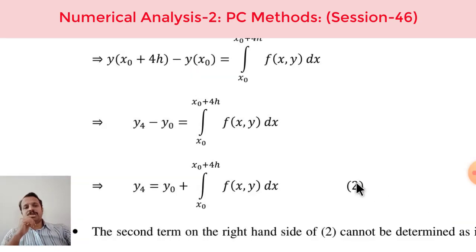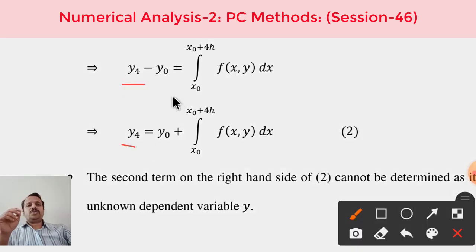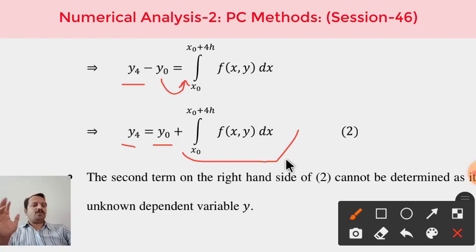In the next step, what should be done? Let us take this y0 to that side. y0 is the known value. Why can't we take it to the right hand side? On the left hand side, let it be only the unknown, that is y4. So y0 you take to this side, it will become plus y0. So y0 plus some increment, that increment we are intended to find. That is the most important job we have to do now.